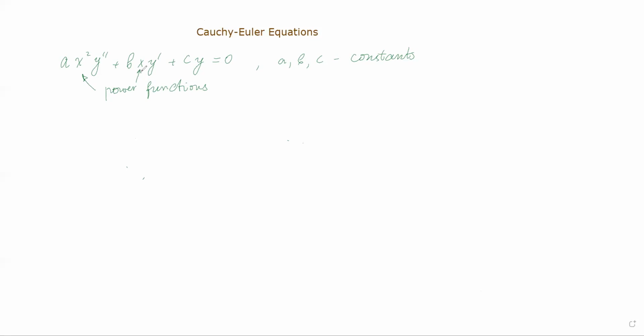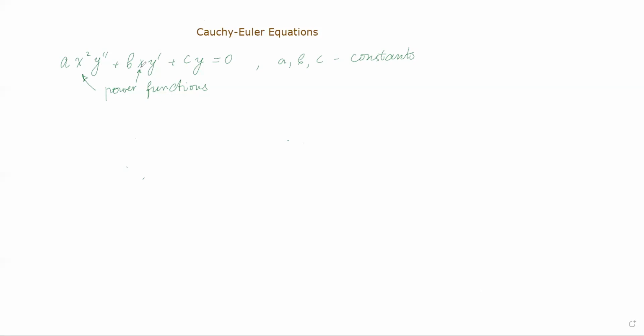Before, we were looking for a solution in the form of e to the power of r x, or an exponential function, right? So what is going to be the difference over here? Well, the exponential function is not going to work anymore, because remember when we were plugging the exponential function into all three terms, the exponential function, when you differentiate it, does not change the shape. We were able to manage the sum of all these exponential functions multiplied by some coefficient, which we could make equal to 0, which was giving us the characteristic equation, which we used to find the actual power of e, right?